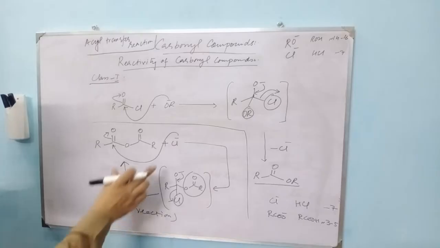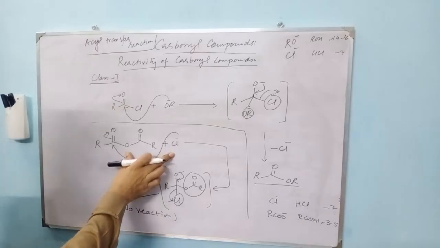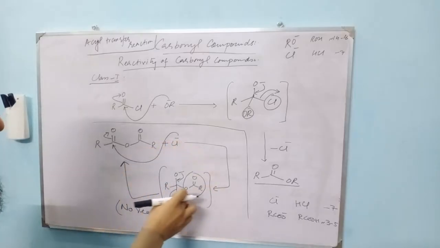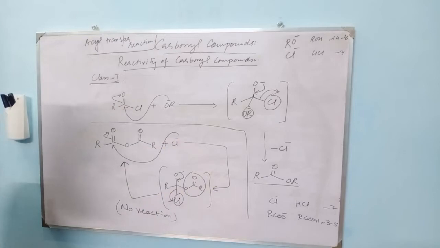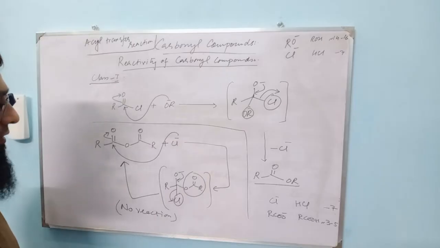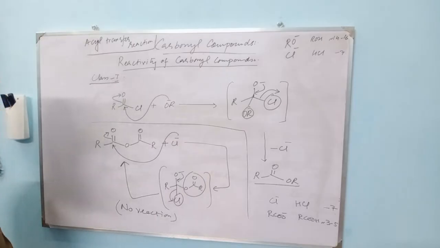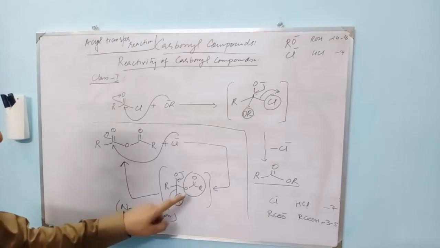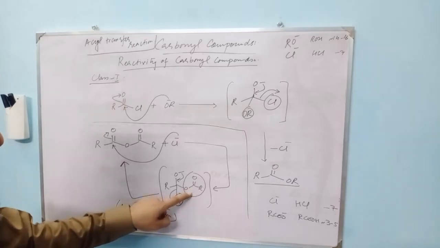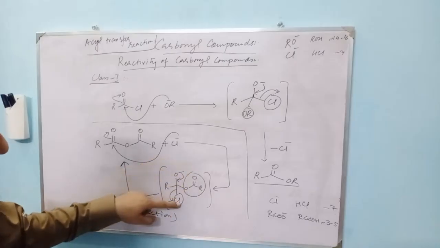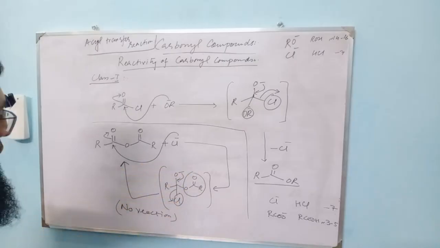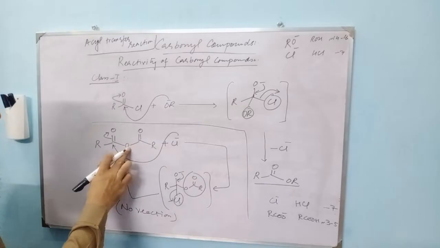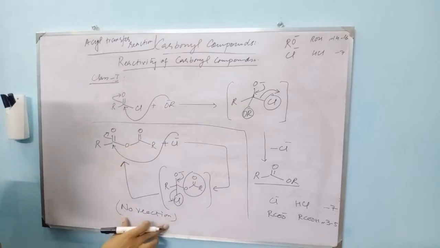So generally when we write reactants here, it does not mean every time we have to make the reaction successful. Rather, we have to see the mechanism and we have to see the factors which govern the forward reaction. That's why in this case we have chloride as a weaker base and carboxylate as a stronger base. So the stronger base would stay and the weaker base would be eliminated from the molecule, and as a result we will get starting materials back, and in this case no reaction.